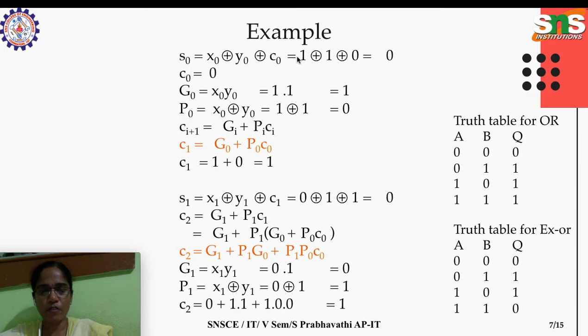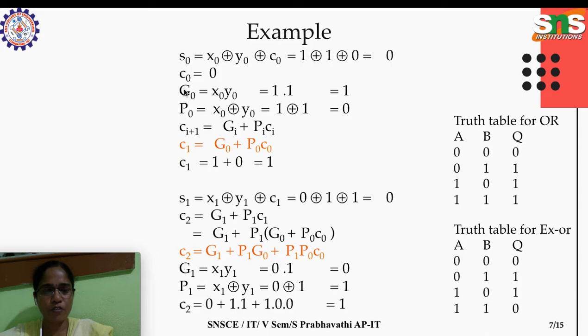1 1 0. So here there is an even number of ones, so XOR will produce 0, and the carry is 0. Next we need to compute C1. In general, C(i+1) is nothing but Gi plus Pi Ci, is it not? So to get C1 we need to make i as 0: G0 plus P0 C0. C0 we know is 0, the initial carry, and we need to compute G0